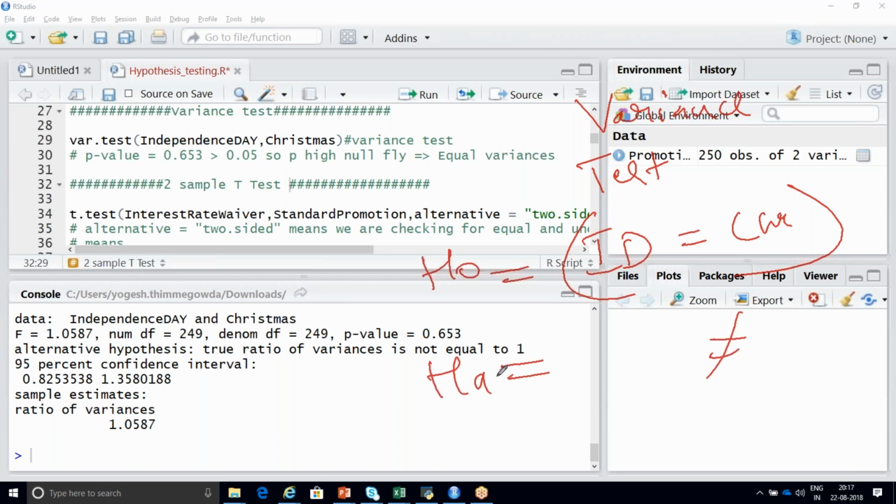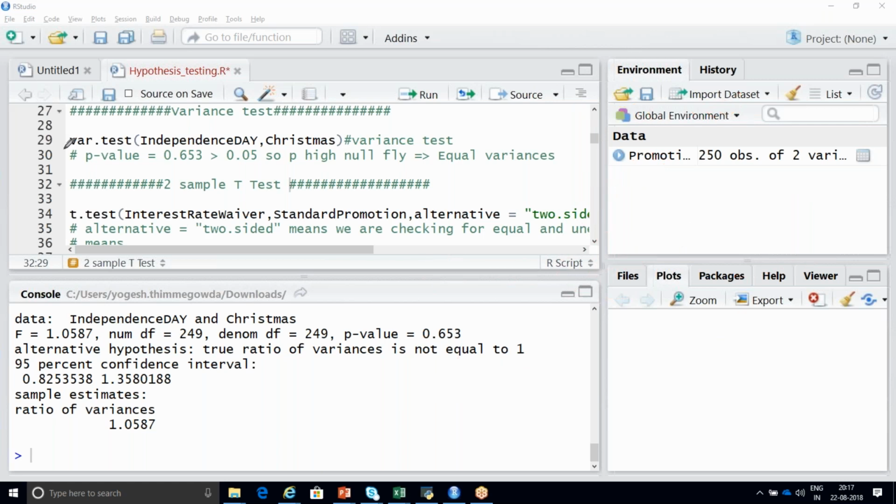There is a function called var.test, and you pass both column names, Independence Day and Christmas, and run it. You are going to get a p-value of 0.653.